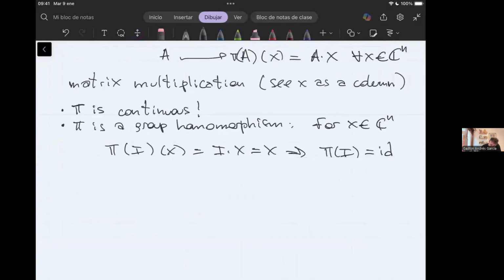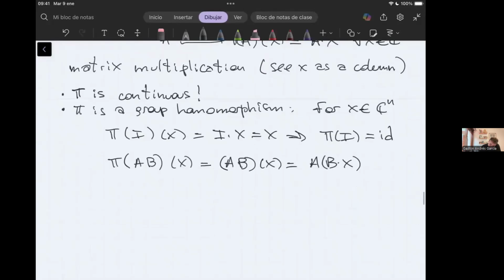So pi of 1 is 1. And if we take two matrices and apply them to a vector, it is the product of the matrices applied to the vector, which, by what we know about multiplication of matrices, is